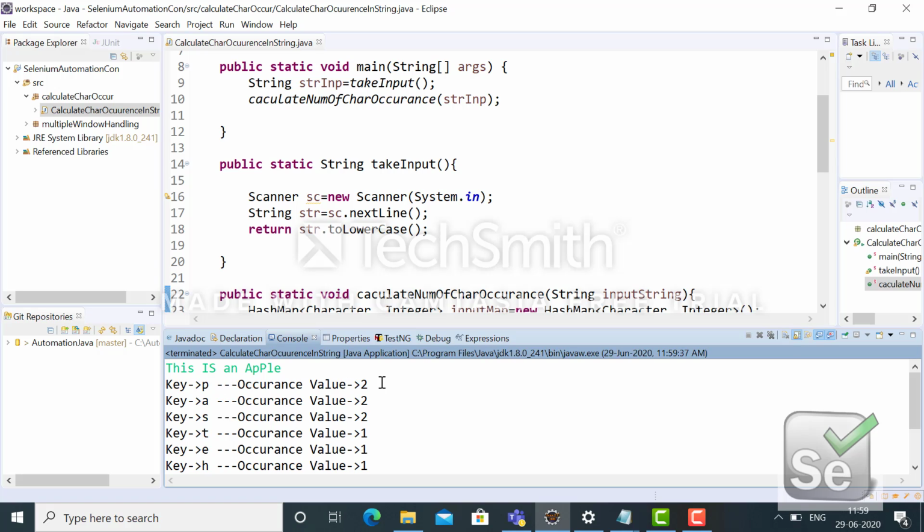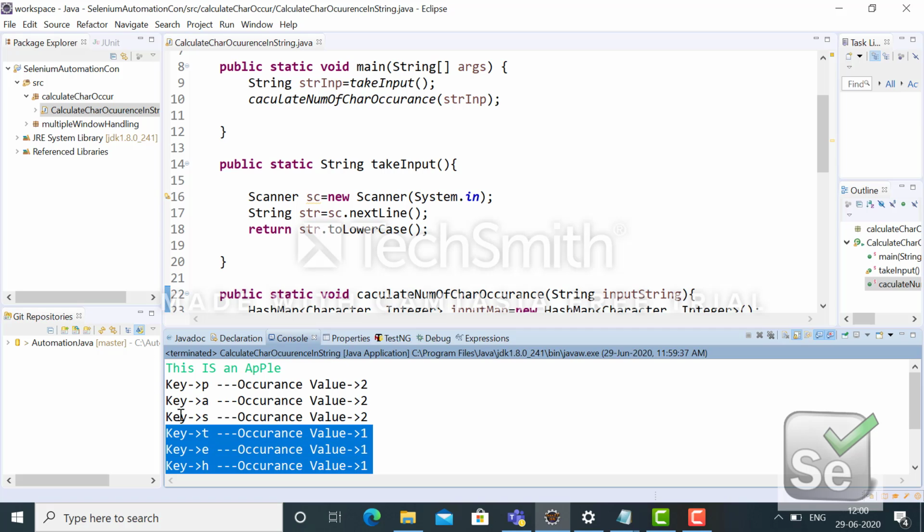P has an occurrence value of 2. A is 1 and 1, so it printed 2. Regardless of case sensitivity, S is 1 and 1, so small s and 2. T is 1 and T is 1. Similarly, everything has been printed irrespective of case.